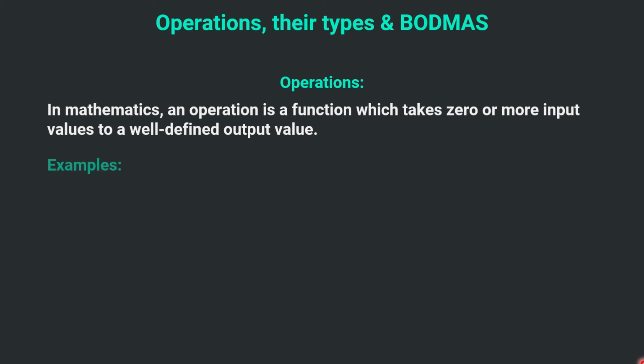Let's see some examples. 2 into 3, that means multiplication, is also an operation because two inputs are providing us a third output. And 5 plus 4 is equal to 9, then again two inputs are taking us towards a well-defined output. Then 0 factorial is equal to 1, so we take one input and it provides one output. How 0 factorial is 1, we have already discussed in our video, for which the link is given in the description, and right now it appears at the top right of your screen. And then cube: 2 cubed is equal to 8, so 2 to the power 3 are two inputs that provide us 8 as an output. So these are the operations.